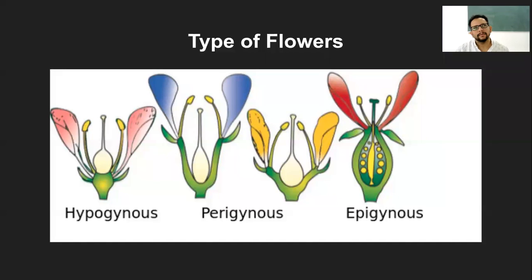Sir, is hibiscus epigynous? Hibiscus will not be epigynous because hibiscus will be more of perigynous, I feel. Because the ovary and the floral parts are surrounding. What we look at is where the petals and sepals are arising from in that particular flower. Now, if you look at the hibiscus, it is surely not below, right? It is surely not on the top. So the remaining type is perigynous.